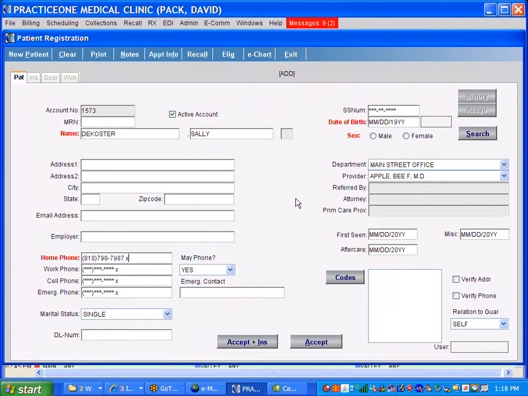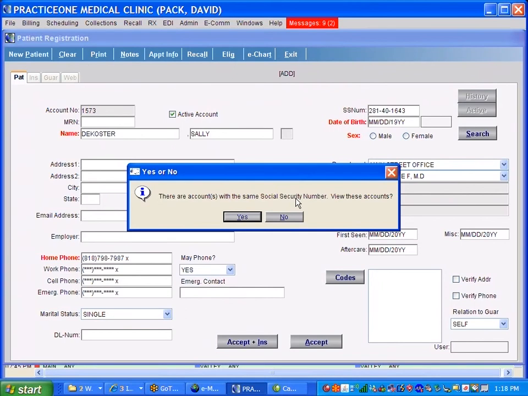So I might say yes, and I go, Sally, did you used to be known as Diane Smith? You didn't tell me? Because I've got a Diane Smith with her Social Security number. And Sally would go, what Social Security number are you typing in? And I go 28140163, and she goes, oh no, it's 1463. You typed in the wrong Social Security number. So I'm just going to exit out of this and put in the right Social Security number. So either